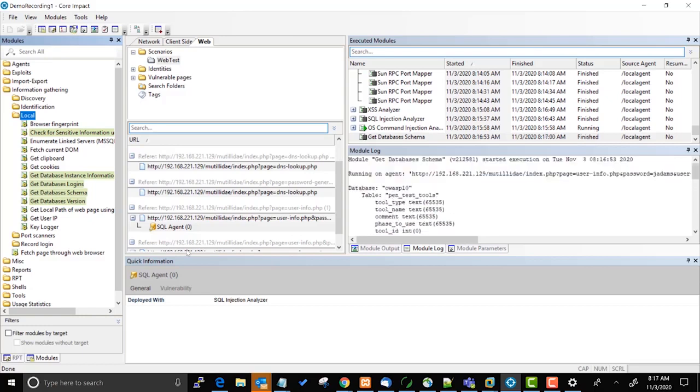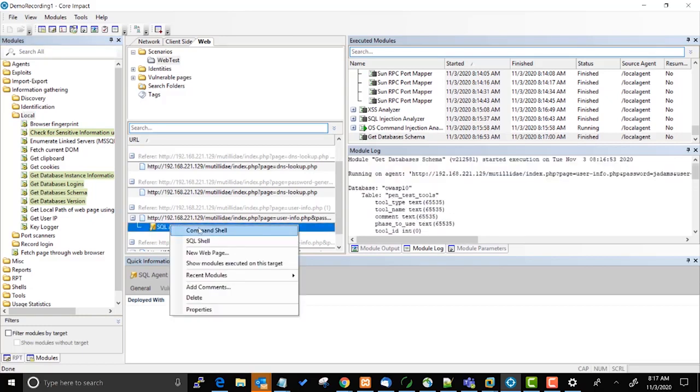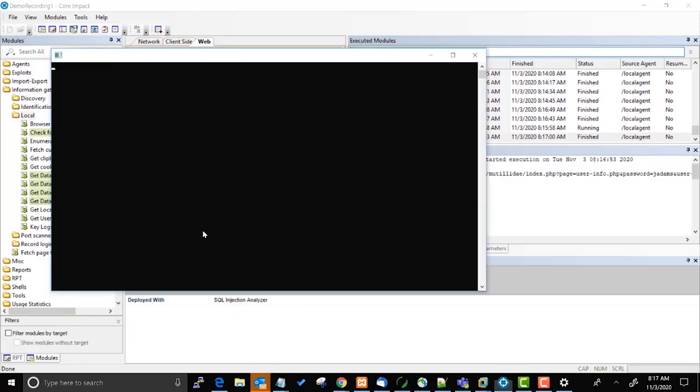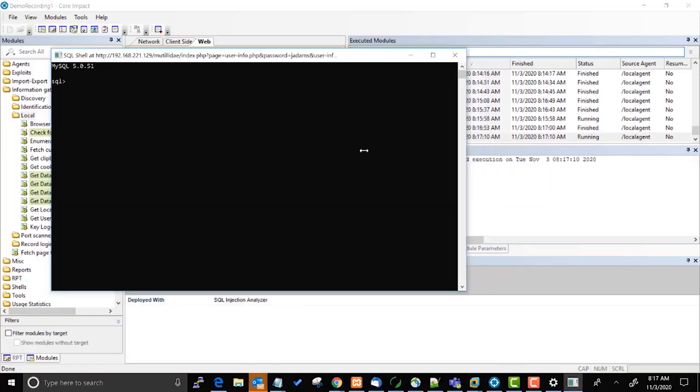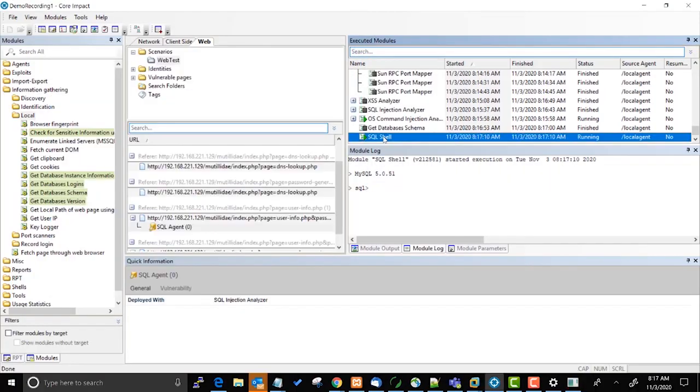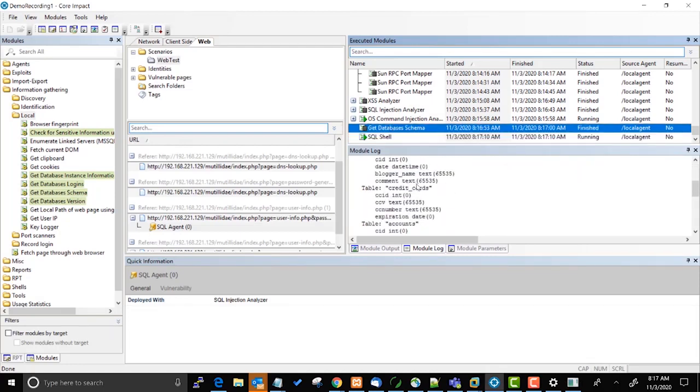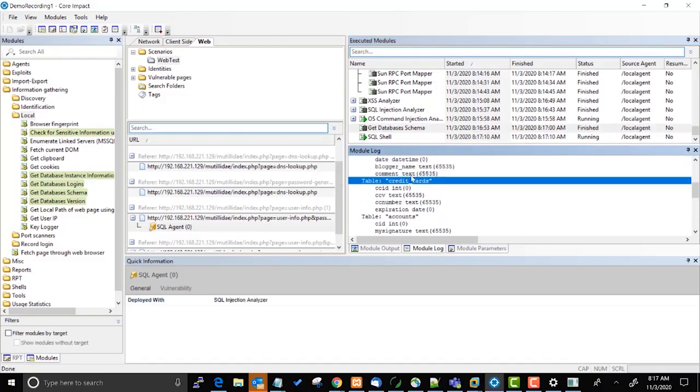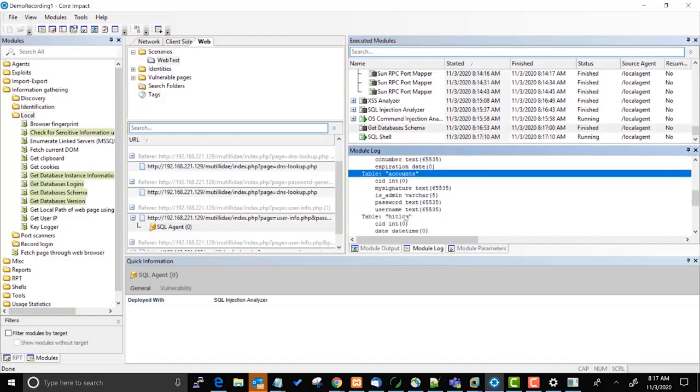And because I can get the schema, if I go and right click, I can see if I can get command shell access to this machine, meaning the web server that's hosting this page, or I can get SQL shell access. So let's go with SQL shell since I do know some of the database information. I can come back over here and look through and say, you know, what's the name of a table? Maybe I want credit card information. Maybe I want account information, right? So let's see, that's good. Username and password, so we'll go with